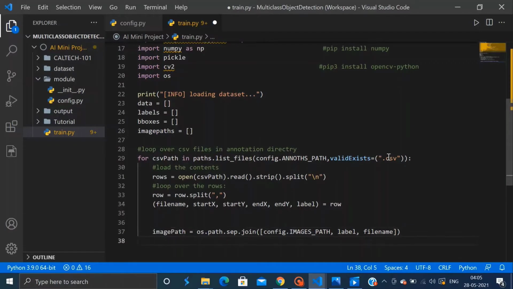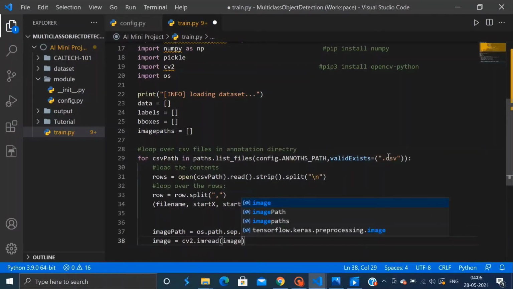So we load the images and extract its spatial dimensions, and for this we are relying on OpenCV, as you can see, and this is the only part in the whole entire code where we'll be using OpenCV.